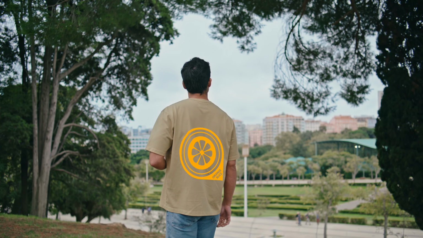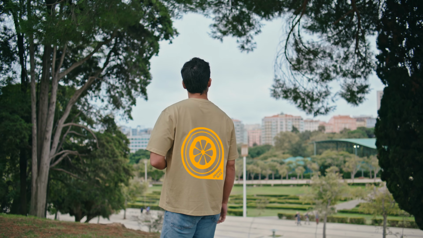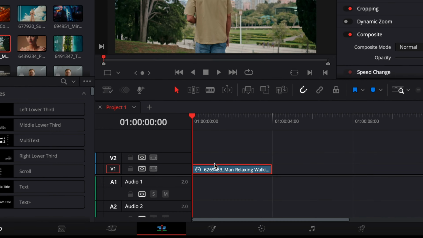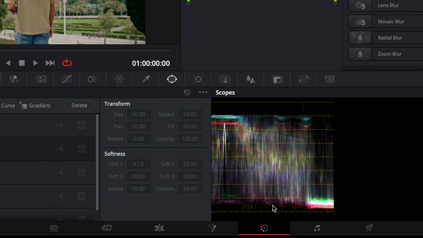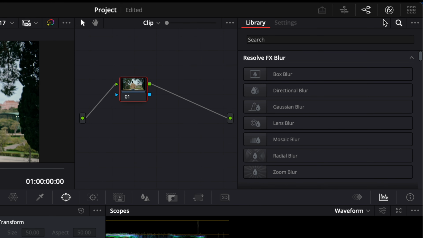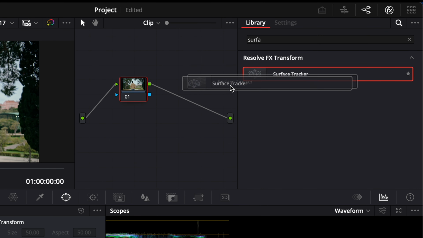In this video, I'll show you how to attach any object or graphic to a moving surface in DaVinci Resolve Studio. First, go to the Color page by clicking the Color tab at the bottom of the interface. In the Effects panel, type Surface Tracker into the search bar, then drag and drop it directly onto your node